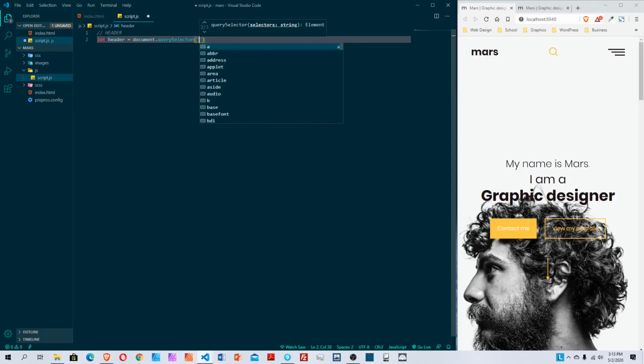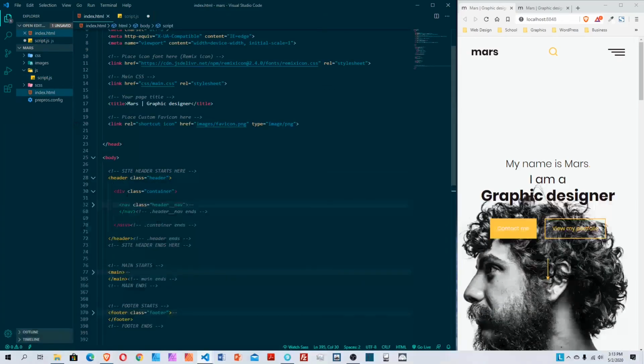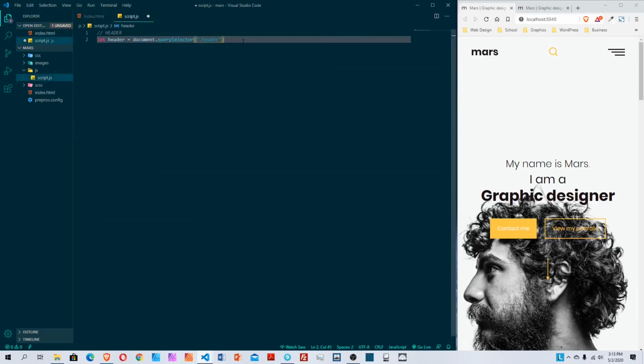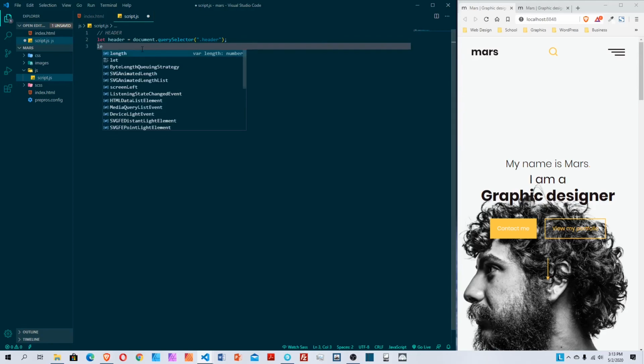I choose the header class, the header. If you look here, I have a header class right here. And then I will choose the mobile icon, this. So I say let mobile